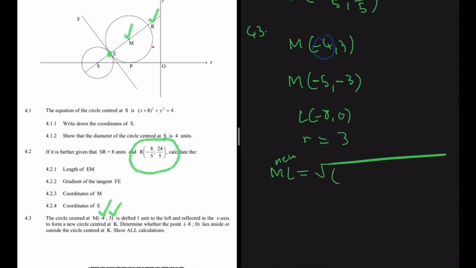So we're going to get y2, let's take L as our second point, so that will be 0 minus 3, so that will be plus 3 squared, plus minus 8 minus 5, so that will be plus 5 squared, right? So we basically have 3 squared, which is 9, and then minus 8 plus 5, that is minus 3. So we have 9 plus 9. So we have the square root of